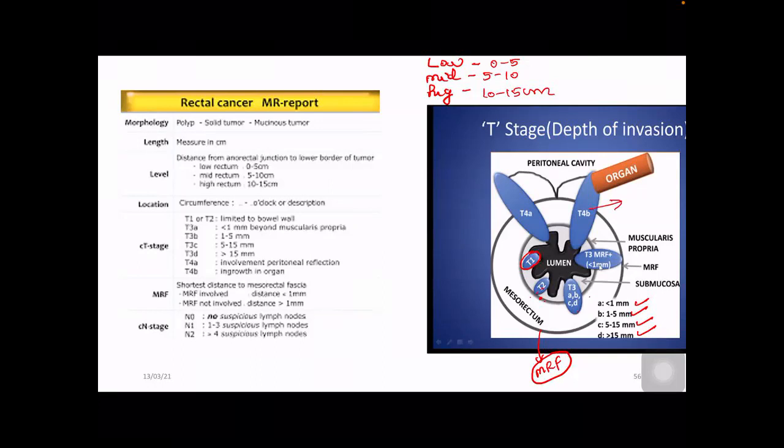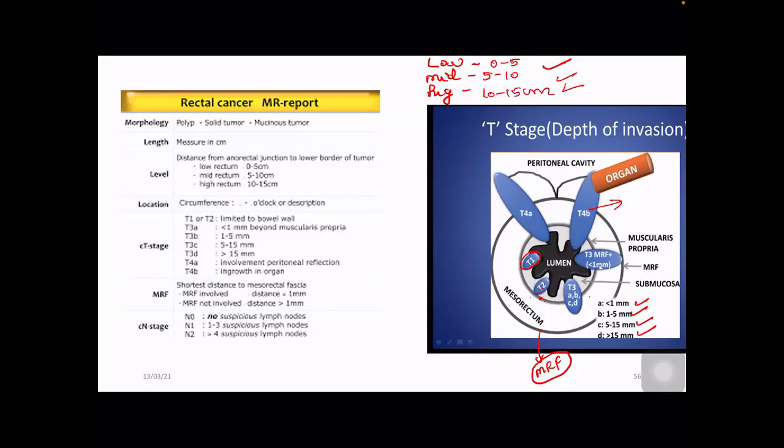So this is the most important thing which is being given in the MRI of the rectum. So what does it give? First, it gives the location, whether it is low, mid, or high. Second, it gives the T stage. And in the T stage, the most important structure is the MRF. Why do we need the MRF? Because the involvement of this MRF,